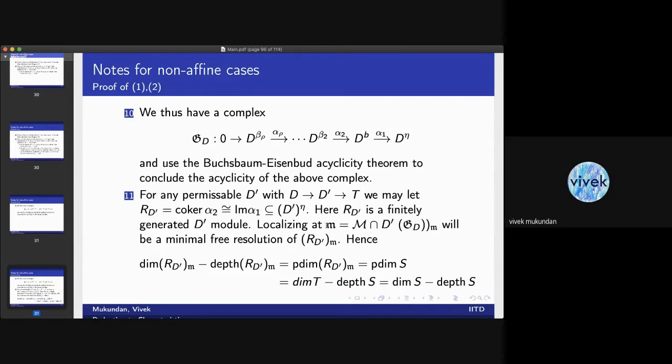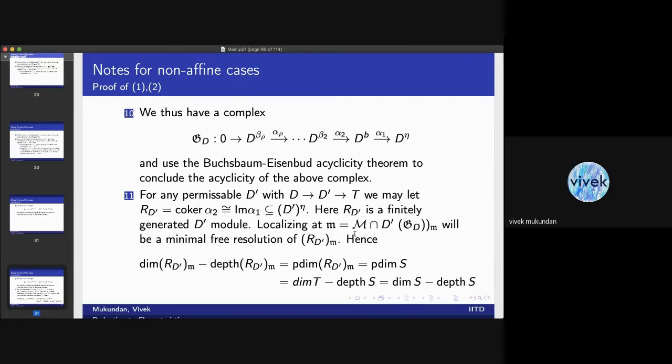So after localizing at a maximal ideal, which is a contraction of the maximal ideal from D, this becomes a free resolution for R_D' at M'. Therefore, the dimension of R_D' at M' minus the depth is the same as the pdim, by the outline of the formula, which is the same as the pdim of F, because these are basically the same exact sequence. That pdim, again, by using the outline of the theorem, will give me dimension S minus dimension of D. So the parts 1 and 2 in our theorem could have been done easily,